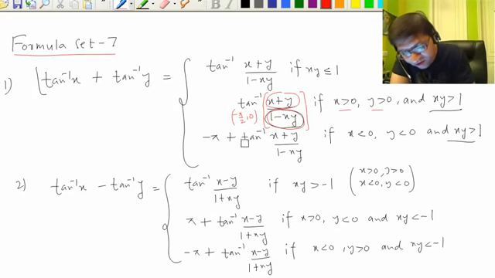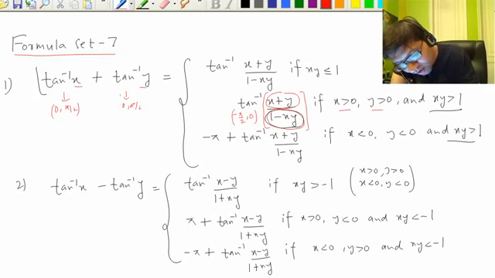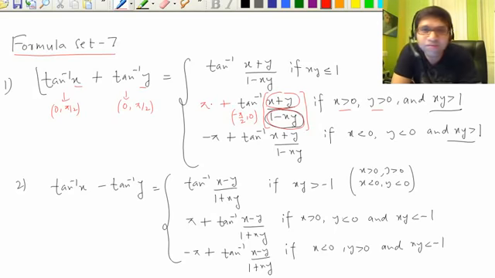Suppose we don't add pi, let's see what happens. And here x is positive, y is positive, which means this is from 0 to pi by 2. This is also from 0 to pi by 2, from the graph of tan inverse x. For a positive value, if you take tan inverse, it lies from 0 to pi by 2. Left hand side is a positive value. Right hand side is a negative value, minus pi by 2 to 0. How is this possible? We need to adjust, we need to pump it up by pi.